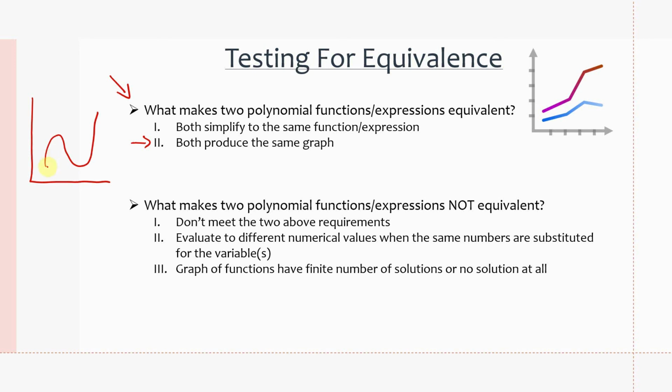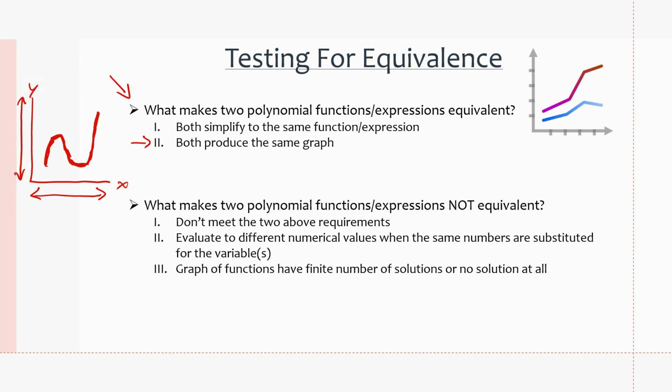G of x must also look like this, so it'll kind of be over top of f of x, right? Because for two polynomial functions to be equivalent, for any x value, right, along the x-axis, whatever x value we choose, both f of x and g of x must correspond to the same y value up here,